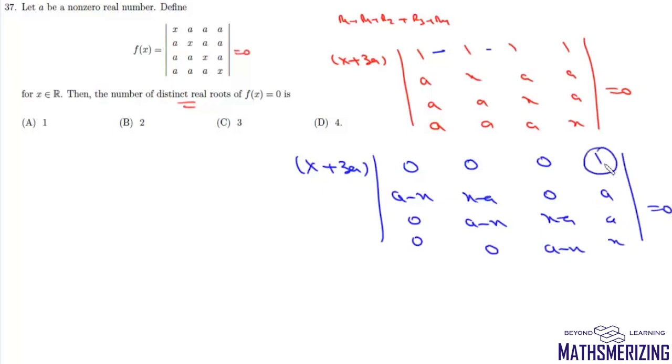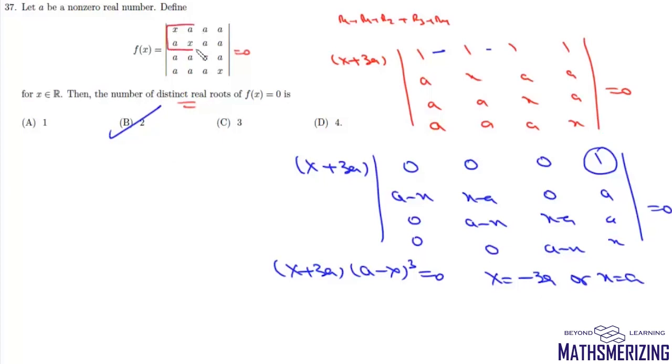Now if we expand it about this first row, then we can write this as x plus 3a into a minus x whole cube equals to 0. So the value of x is either minus 3a or the value of x is a. Now if a is non-zero real, that means number of distinct real roots will be 2, and that's your option number B. Another way of solving the same question can be, we can write this matrix as matrix consisting of